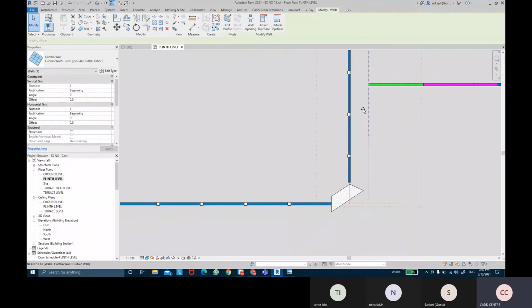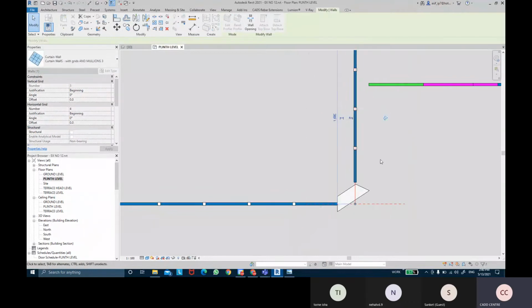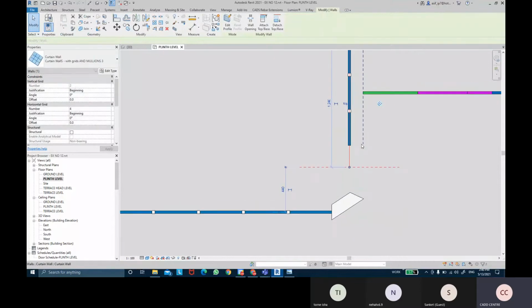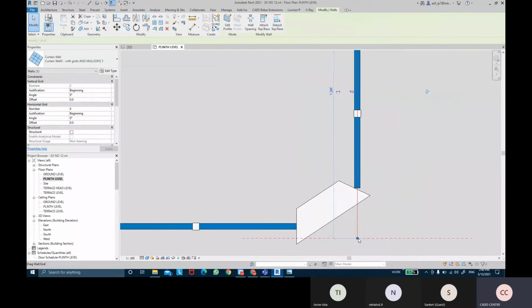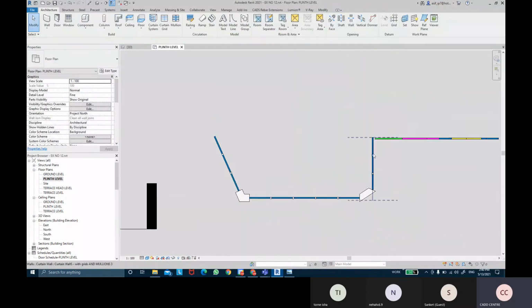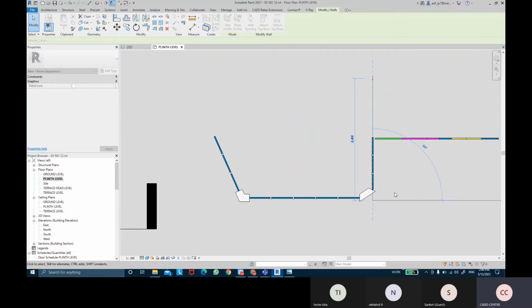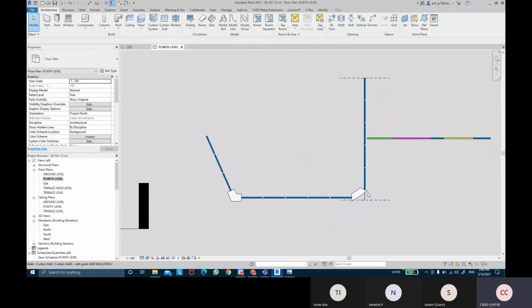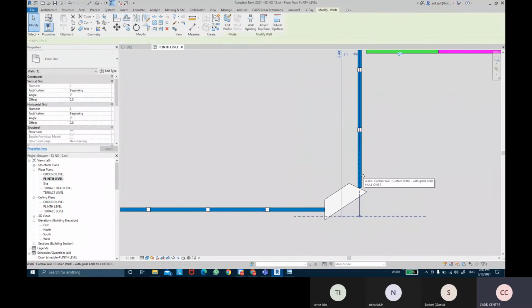So I can shift this a little bit ahead. Move this wall. Yes, we can have a trapeze option.